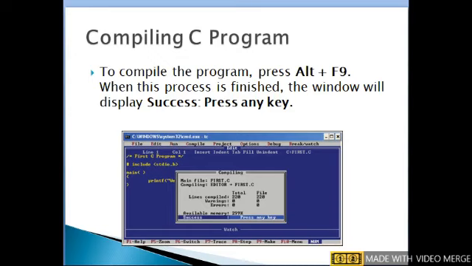Press Alt plus F9, it compiles the program. It checks whether there are any syntax errors. When this process is finished, the window will display success if there are no errors. Press any key, as in the message shown in this figure.